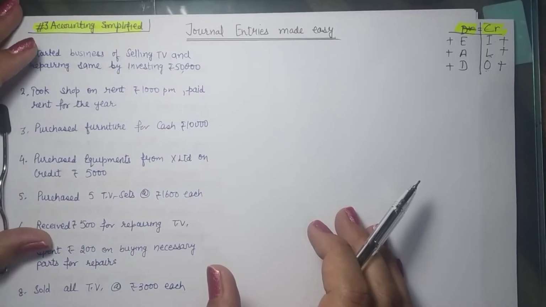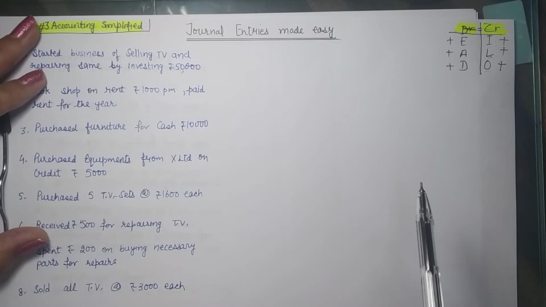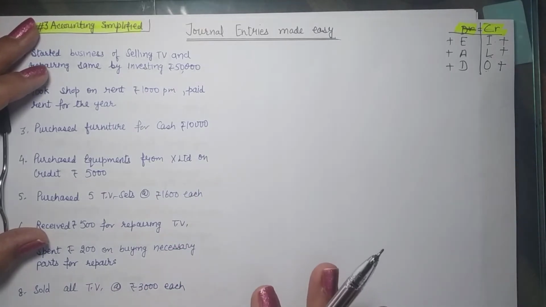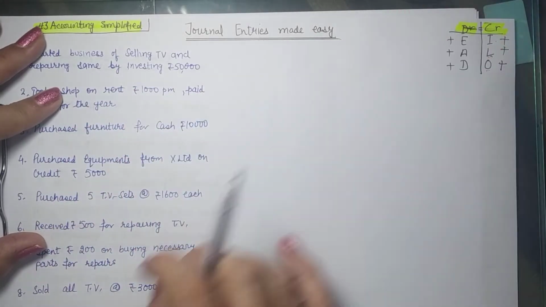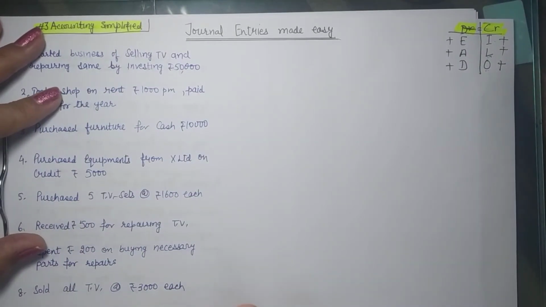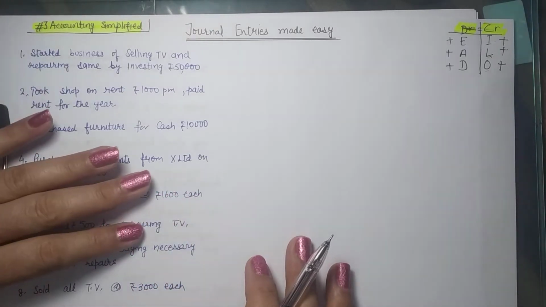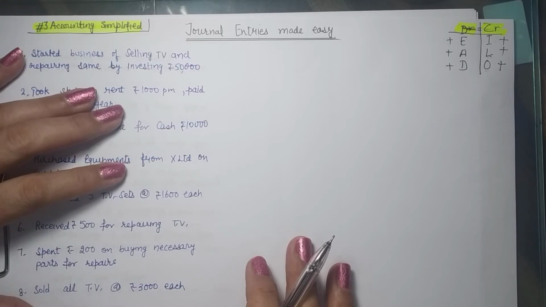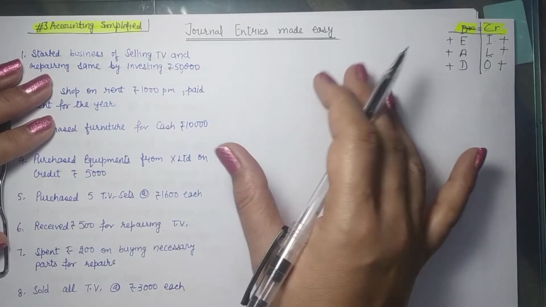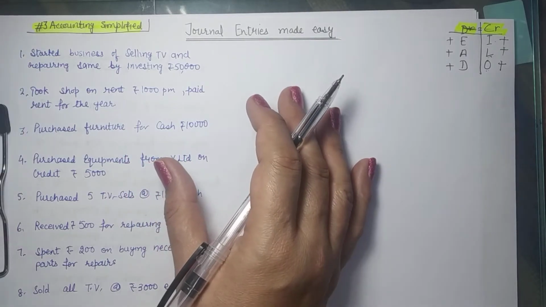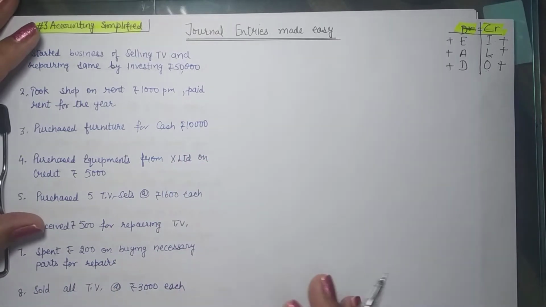And if we can master those steps, then we can also pass entries in the quickest possible manner. Now the only thing is that whatever is happening in our minds while passing the entry, that is not explained by anyone. So what they do is they will simply tell you that this is the transaction, so this is going to be debited, this is going to be credited. But how do we arrive at that? That we need to analyze in this video. So we will analyze the steps, how to reach to entry from a transaction. Once you master these steps, you can also make entries quickly. So let us see what these steps are.